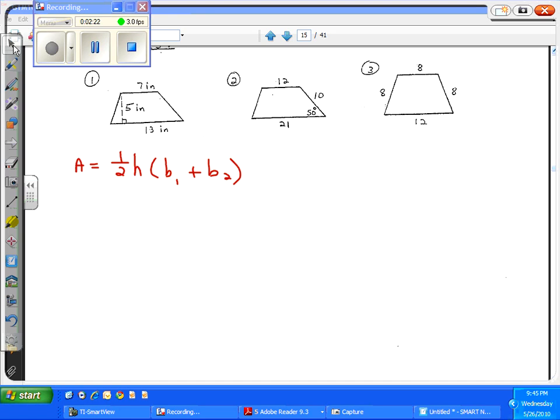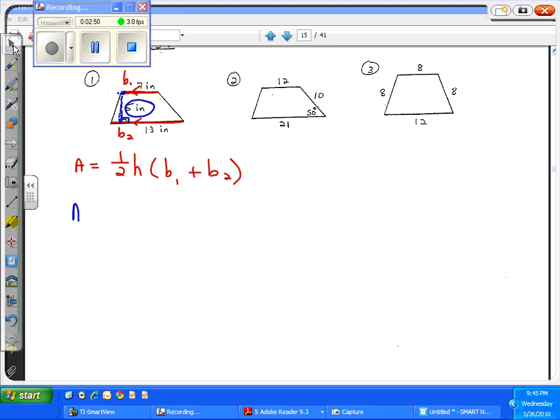We would need some terminology. Remember that a trapezoid is a quadrilateral with exactly one pair of opposite sides parallel. The opposite sides that are parallel are called the bases. We normally call the upper base base 1 and the lower base base 2. The height of anything is how tall it is from top to bottom, so the height of that trapezoid is